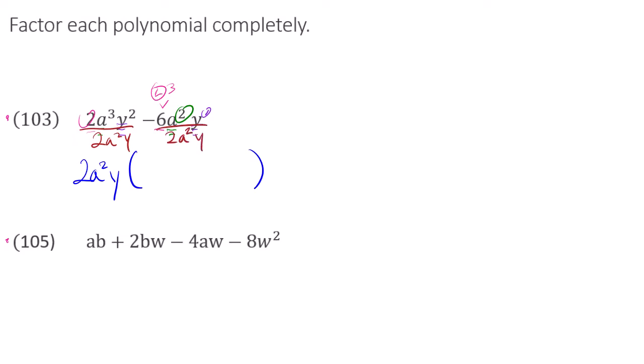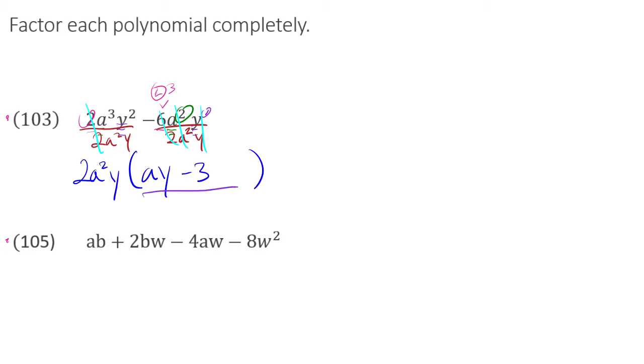And so what will happen here is the 2's cancel out, and a cubed divided by a squared is just a. Y squared divided by y is just y. Okay, in the second term, negative 6 divided by 2 is negative 3. A squared divided by a squared cancels out. Y divided by y cancels out. So it's just ay minus 3. So here,